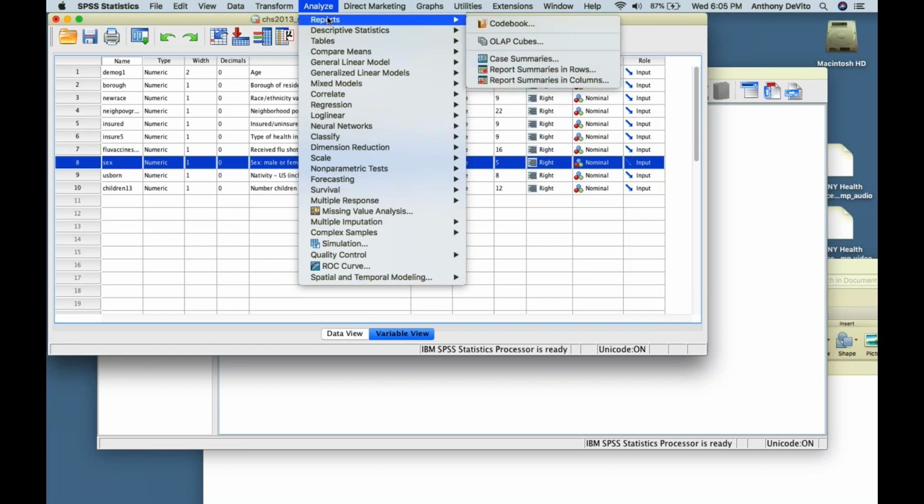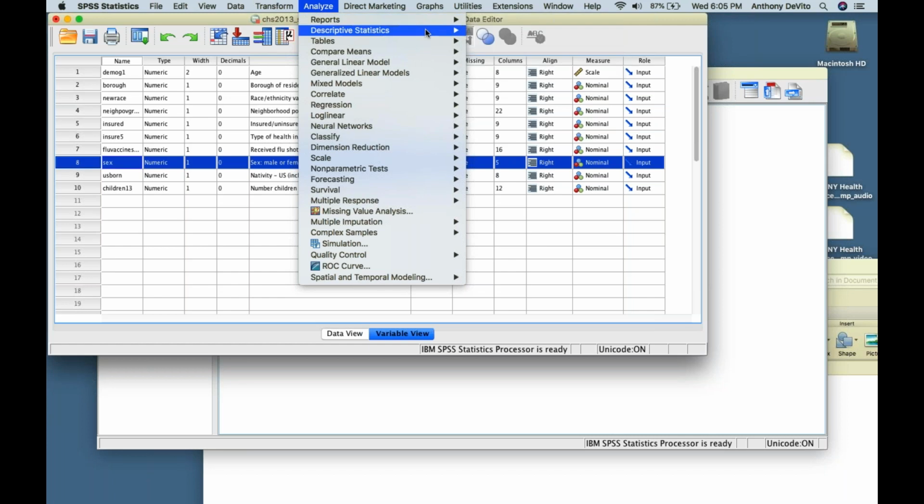Analyze, first thing that comes up is Reports. Okay, and if you have a code book, if there's a code book built into SPSS that you can access, you might go in there. I wouldn't worry about Reports for right now. We'll get back to that at another time. We're going to go past that. We're going to go to Descriptive Statistics. Okay, so now, as I said, when we're dealing with categorical